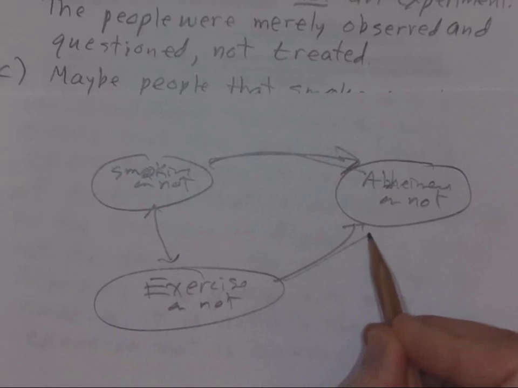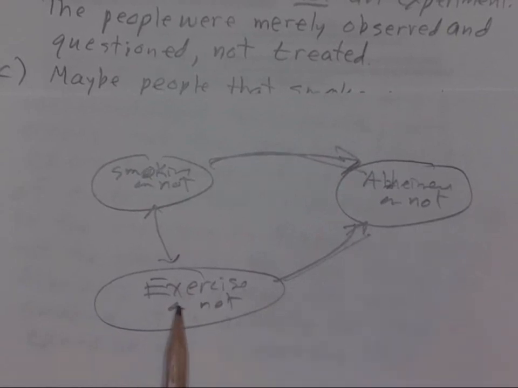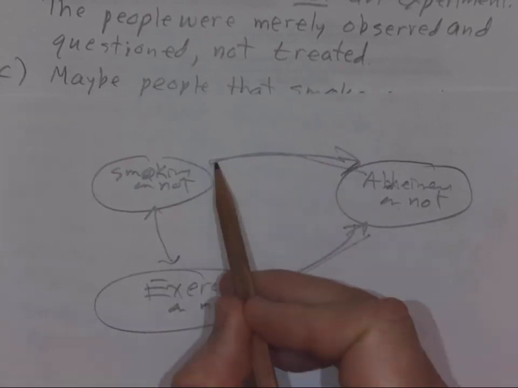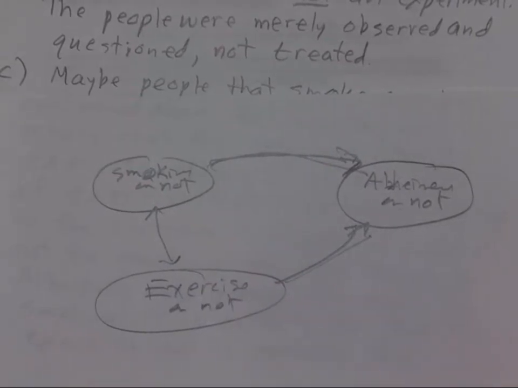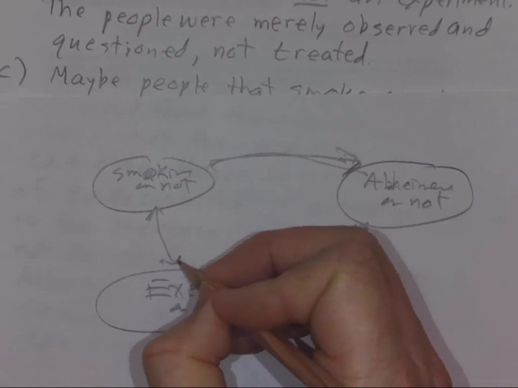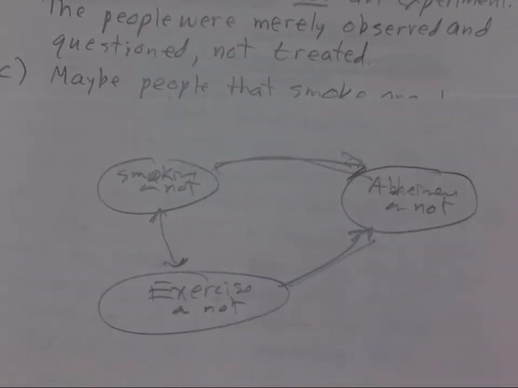And then you have to connect this variable. You have to say maybe if they exercise more, they're less likely to get Alzheimer's, or vice versa, maybe if they don't exercise, they're more likely to get Alzheimer's. And therefore, though it appears the smoking is causing Alzheimer's, it is actually this other variable. So you had to connect all three variables in some way, the directions of all three variables. And by the way, you couldn't just say smoking and the exercise level are connected. You have to say how they're connected. You have to say, I think people that smoke more exercise less. So you had to give some sort of statement of direction there. So there you go.